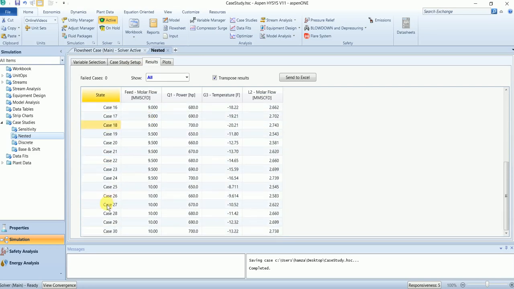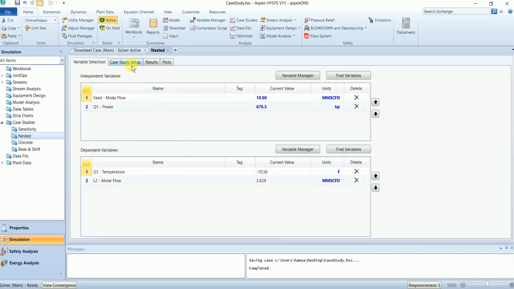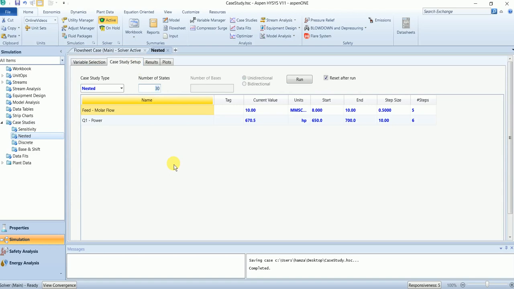It has done the 30 cases. There is a difference between sensitivity and nested. You can see here the number of states for the nested analysis is 30, while the number of states for sensitivity is 11, while we have the same inputs for both case studies.